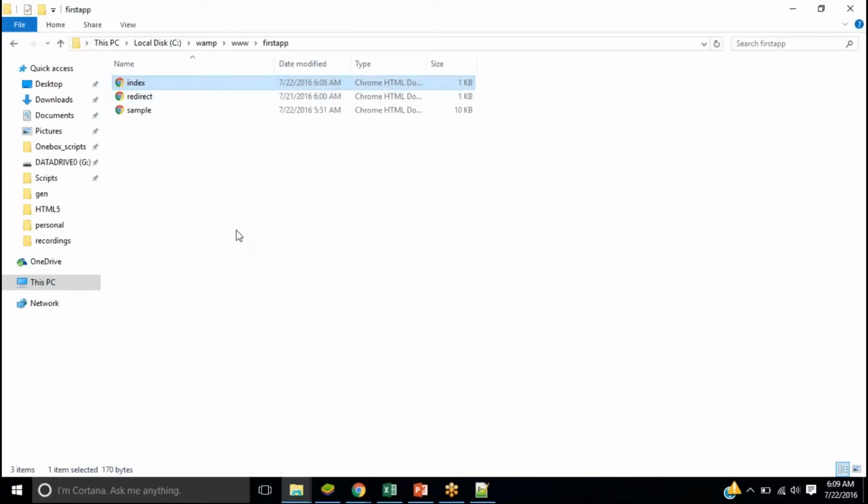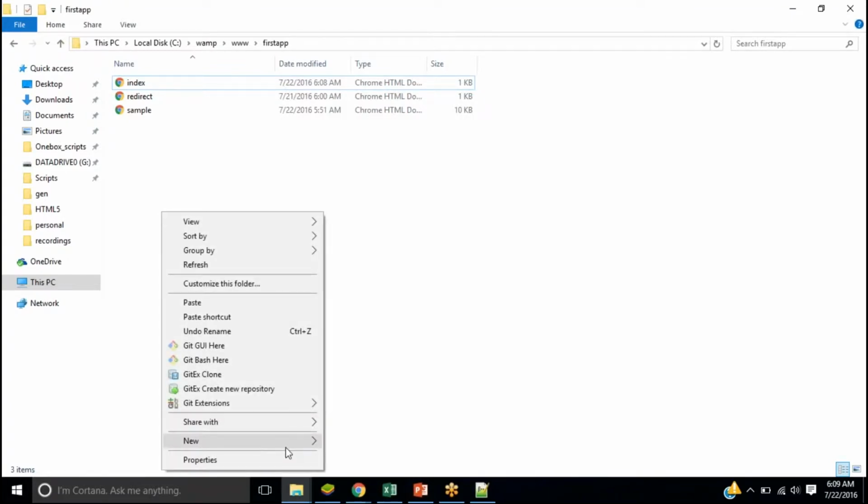So you can always have your default page as index. The name of the page should be index. The content can be anything, but the name should always be index, and the file extension should be one that can be rendered, like .html, .php, .aspx kind of stuff. Okay? Got it? And the rest is the same.